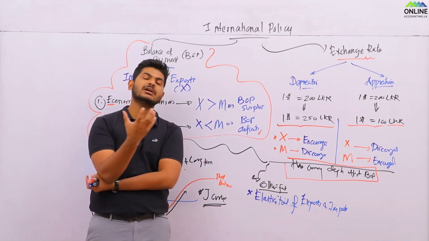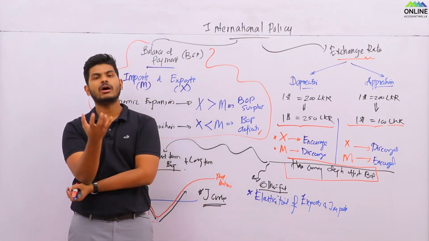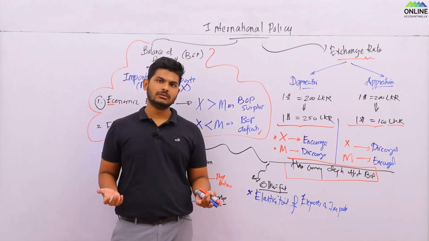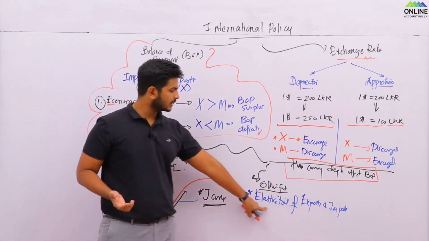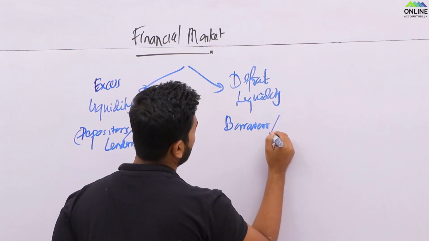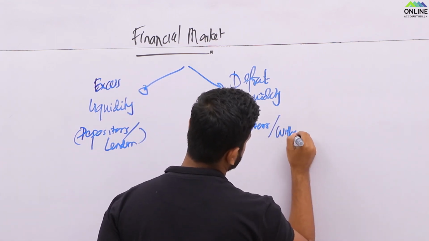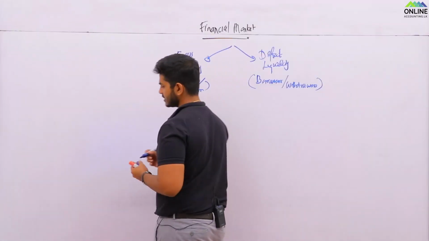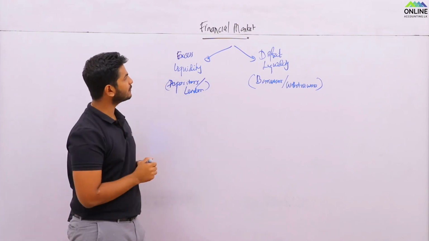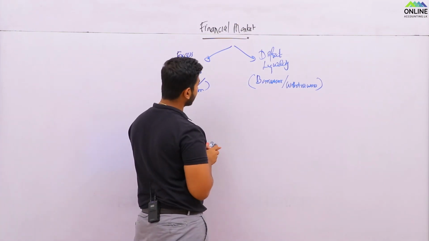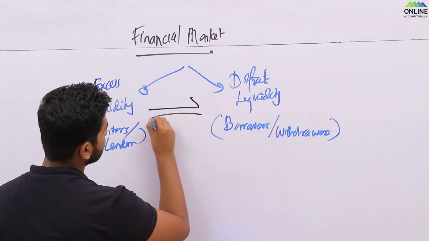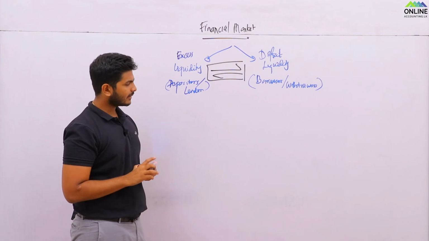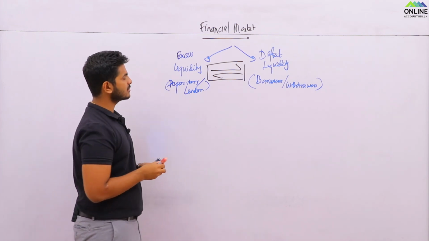Our main examples are what? So let's say T is key, and withdrawers. Right. Having said that, the place where these two people interact is called a financial market. So now in a nutshell, what you need to know in terms of financial market is that